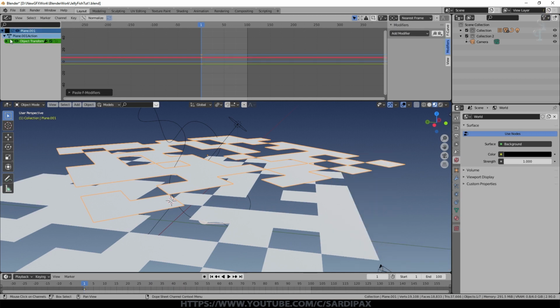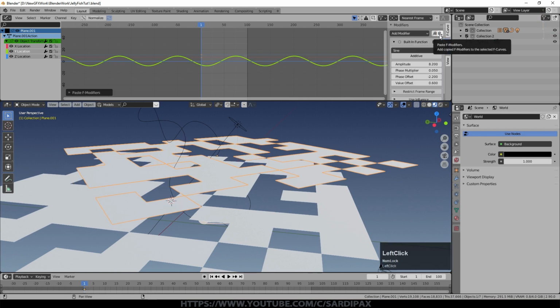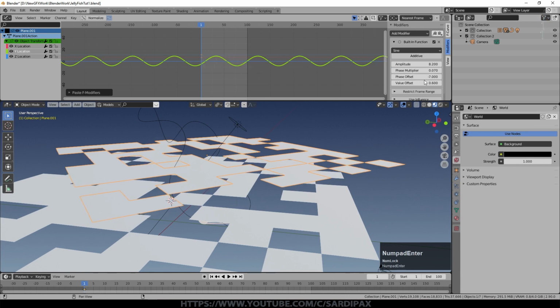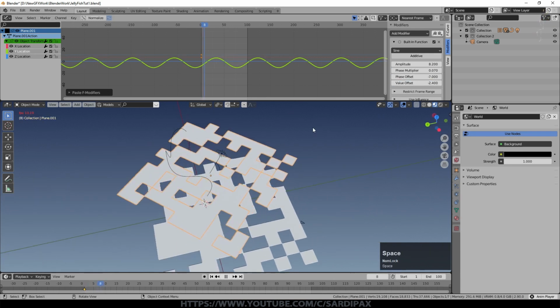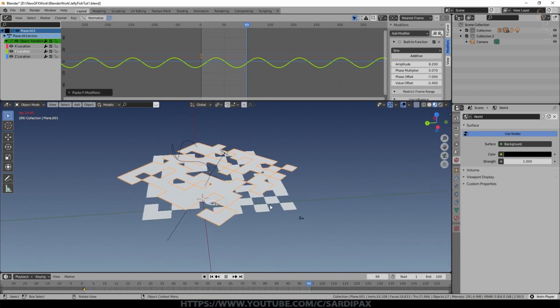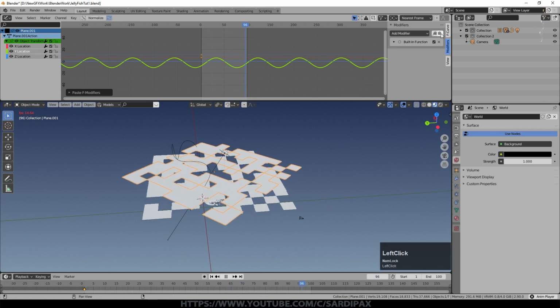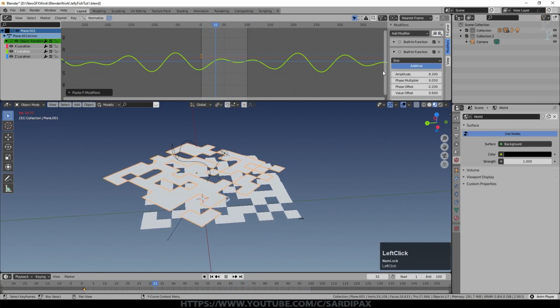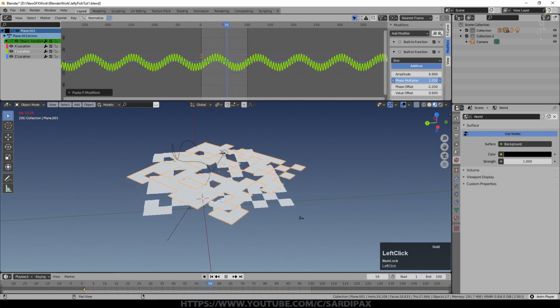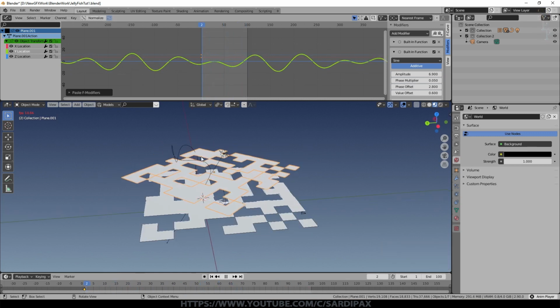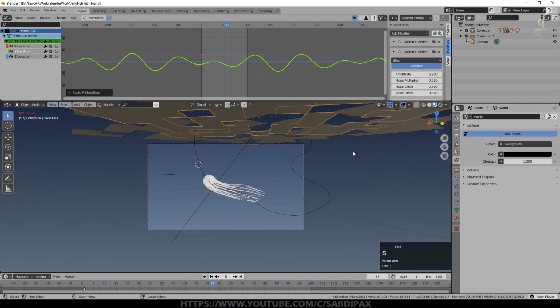Then I went to my second object, go to the beginning of the animation, press I to store the location, open up the modifiers and go to the Y location for this one and paste the modifier. I changed the phase multiplier to 0.07 for this one. I went for about -7 on the offset, and you may need to move it around as well. So if we start that playing, you can now see one is going up and down in X and the other is going up and down in Y. And of course, we paste a second one in, set it to additive, slightly smaller amplitude and a different phase multiplier as well as offset. So now we've got this effect going on with two different planes with holes in them.